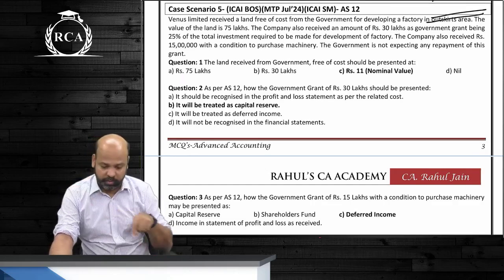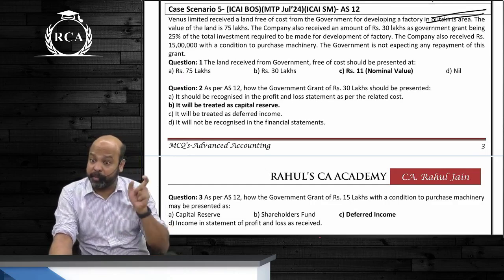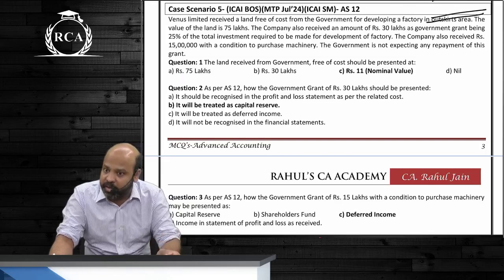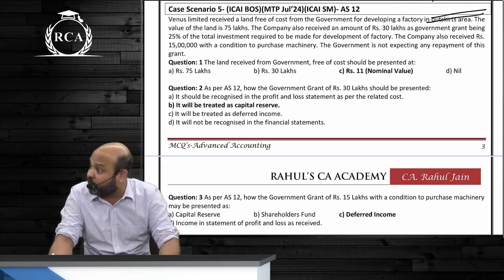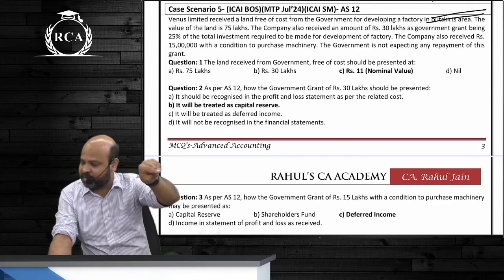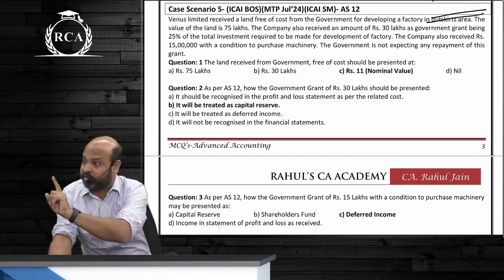One of the MCQs guys, in a recent mock test paper or something, they mentioned in the question that nominal value is 10 lakhs. That is wrong, guys. And the answer, beta, is it should be recorded at 10 lakhs because that is the nominal value. 10 lakhs is not nominal value. You cannot write land account debit as such guys to other income 10 lakh rupees. It will be wrong.